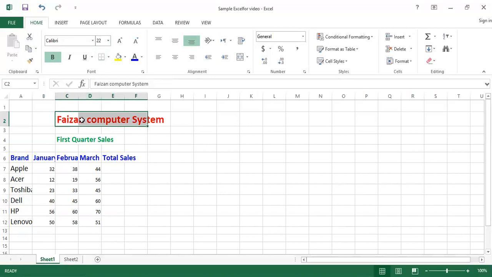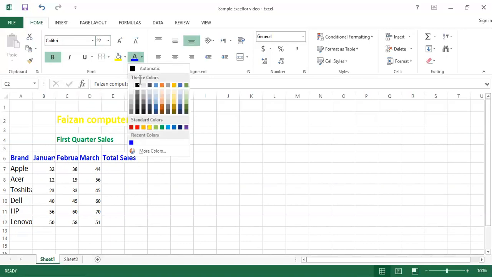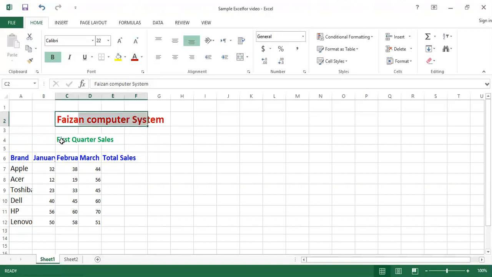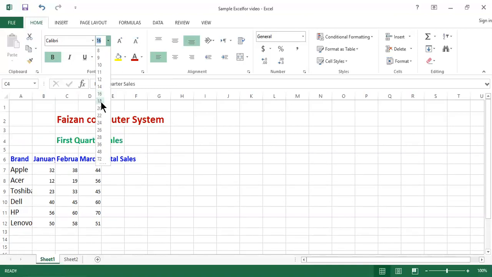And after that, you can change the color. For example, there is a color window. You can select any color that is visible for you in the sheet. For example, I want to choose this color. Okay. And after that, I want to move to another heading, the side heading, that is first quarter sale. You can select the particular text and then again move your mouse pointer towards the font window and font size window and select the font size, for example 18. So your text will be increased up to 18 points.